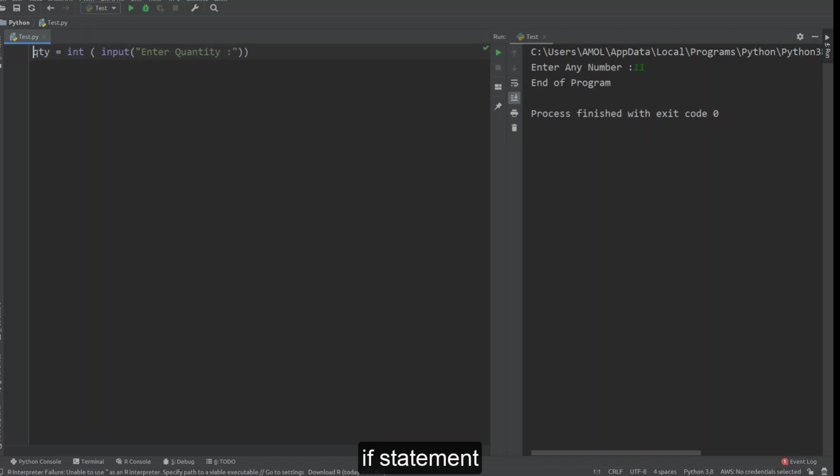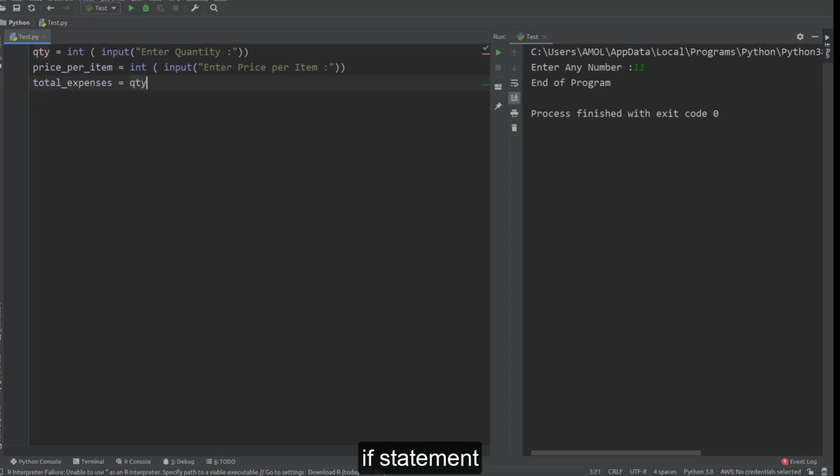So here we are entering quantity, then this is price per item. Now calculate total expenses.